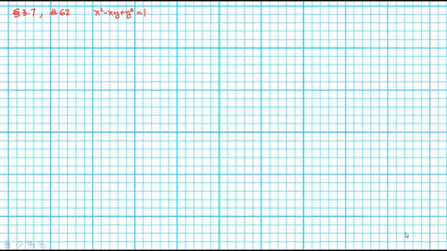Here's problem number 62. It's a doozy, so bear with me. We start with this equation and we're asked to find what the second derivative is with respect to x. So first we'll take the first derivative and we end up getting that 2x minus first